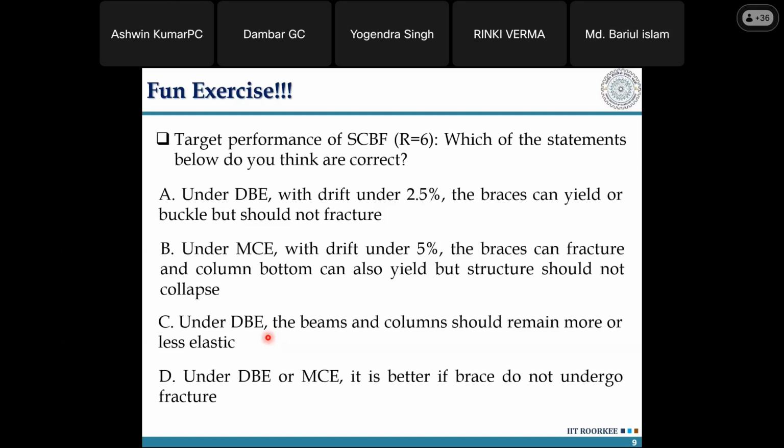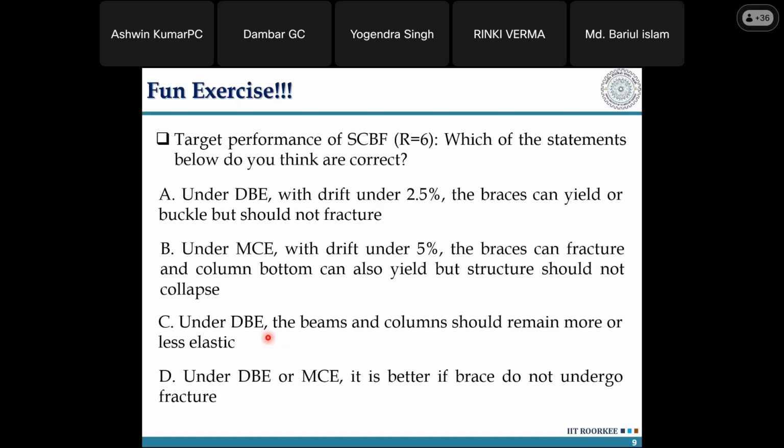What is the target performance? Why is the 5% given under MC level? It is recommended not to go beyond 5% because even if the brace survives, the connections between the brace and the gusset plate, and the beam column connections, are observed to fail after 5%. So you can understand that even if your brace is alive to dissipate the energy, if the connections